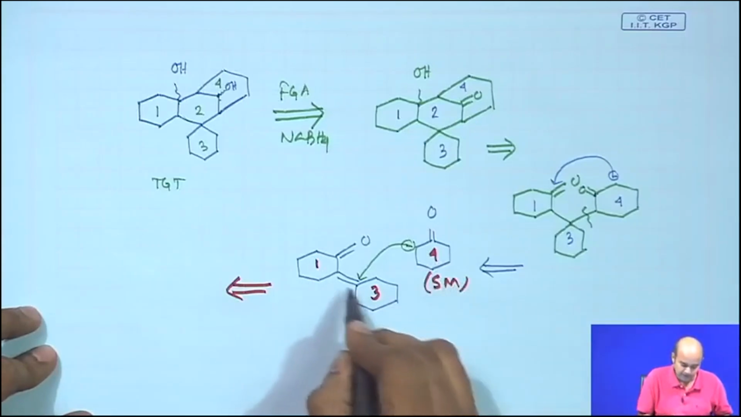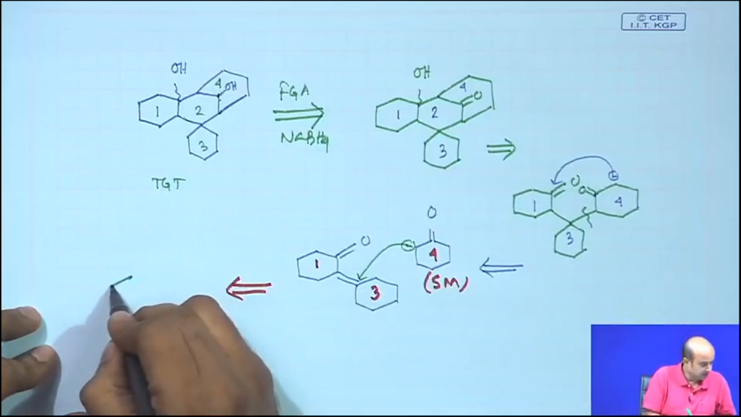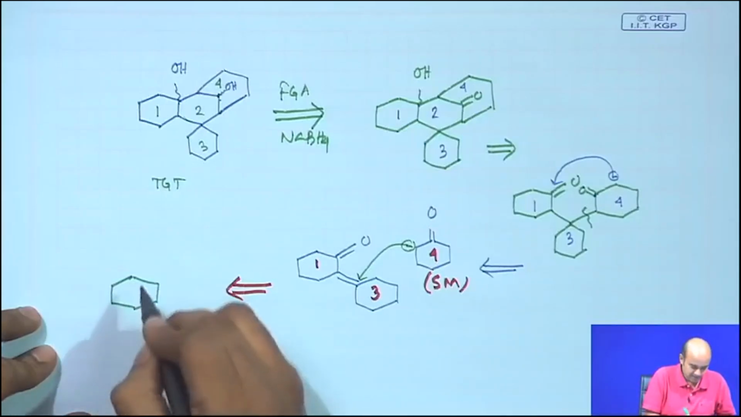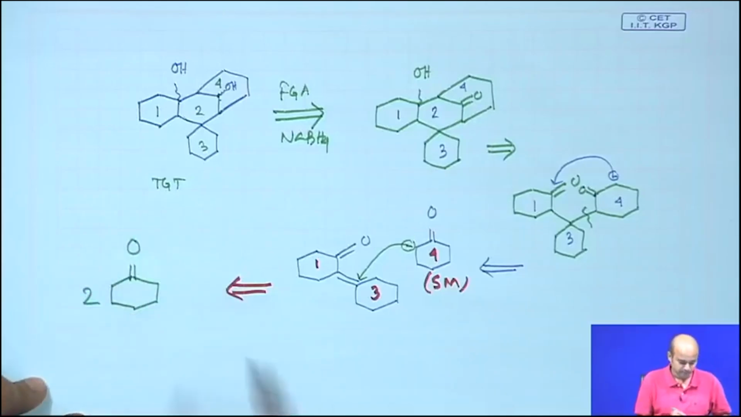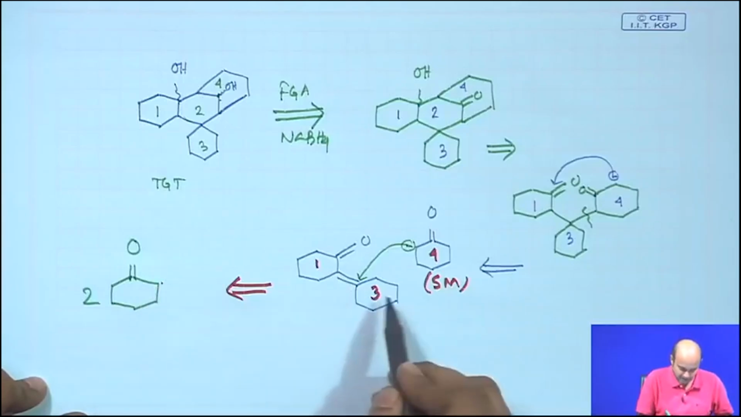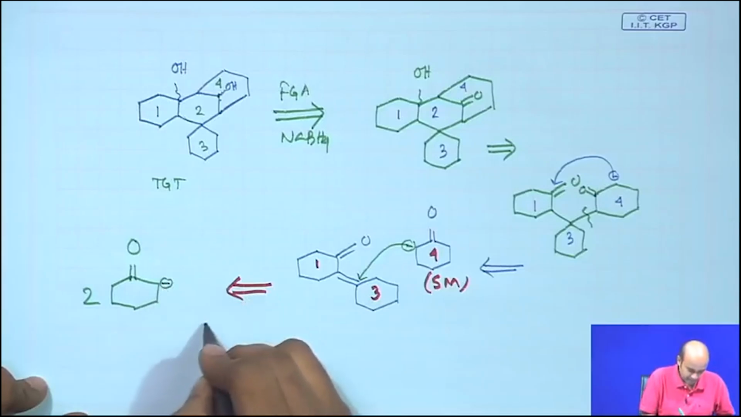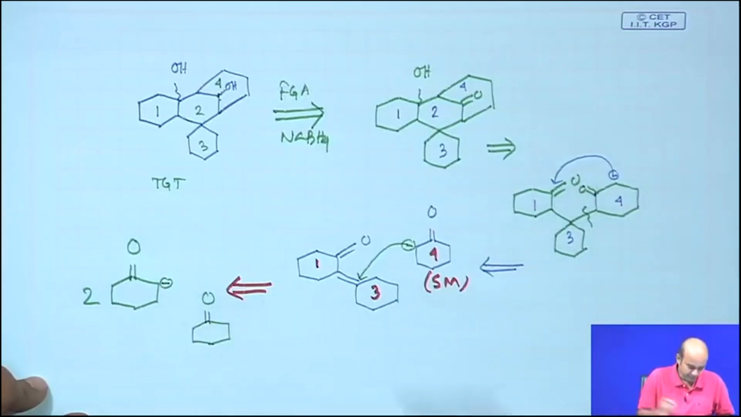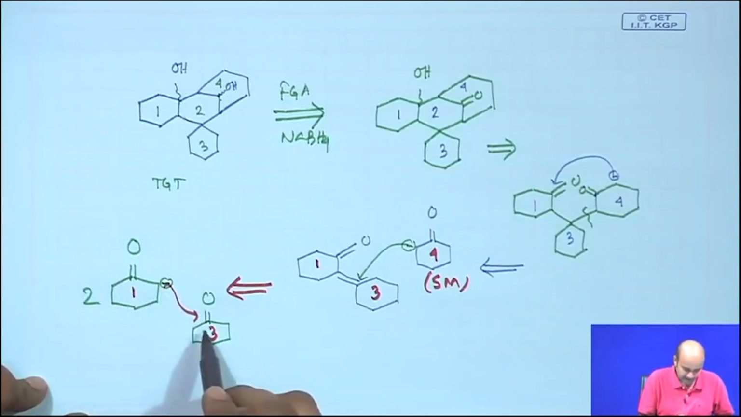Now, this Michael acceptor, you can also easily make by starting from 2 equivalents of cyclohexanone. How? You take a cyclohexanone, generate the carbanion, react it with another cyclohexanone. So, this cyclohexanone you react with another cyclohexanone. So, this is basically 1 and this is 3. So, you react here and you will basically get a